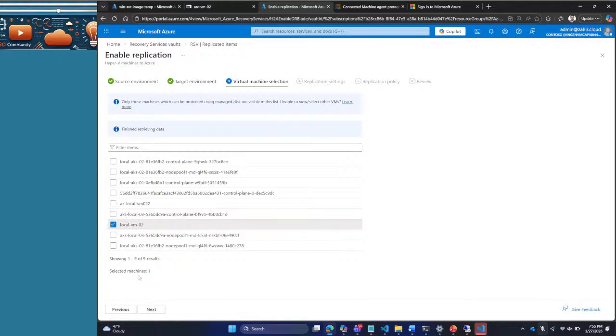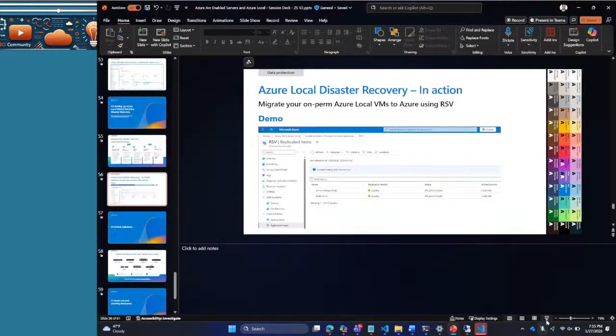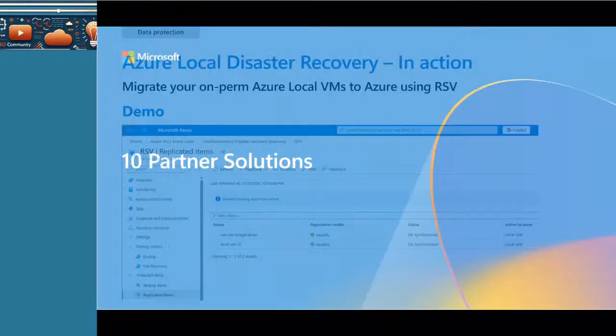And then see, this is the new machine which we created. So it is also available. I can add multiple machines and replicate to my Azure Recovery Services vault in Azure. And then when needed, I can fail over. And with this,